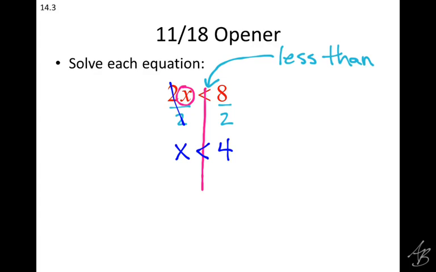So when we're solving an inequality, it's the same idea as solving an equation, except we need to make sure that we keep the symbol here. There are going to be some times where we're actually going to flip it. Instead of being less than, we're going to change it to greater than, and we're going to see an example of that tomorrow. But I want to just keep it pretty simple today. We're not going to be spending much time in class working on inequalities, but it is something you'll see on Khan Academy. So I want to introduce you to it so that you know what to expect when you see those there. So like I said, when you're solving inequalities, do everything you would do when you're solving an equation, and we'll talk tomorrow about when things are going to change, when we're going to have to flip that inequality from less than to greater than, or